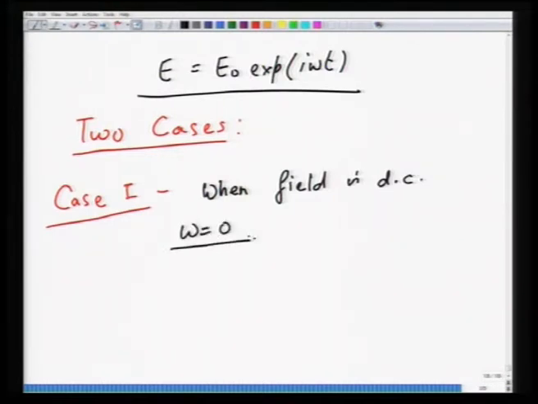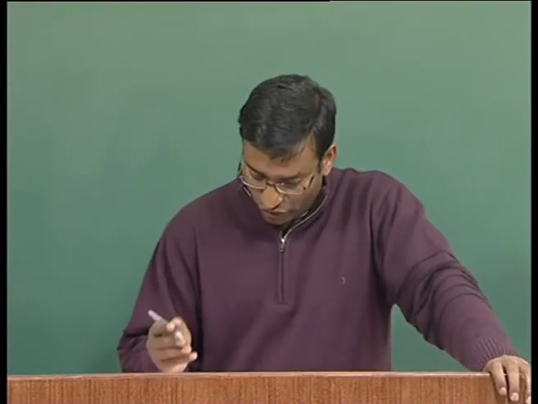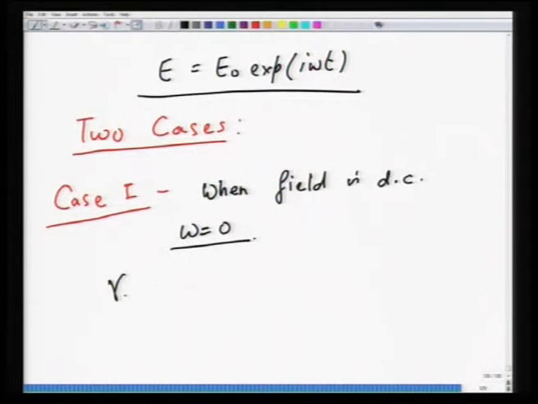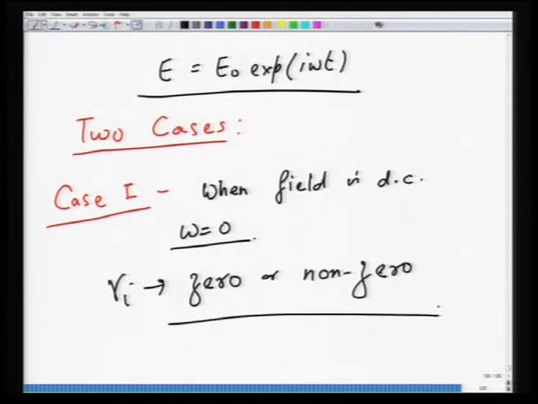If omega is equal to 0, then when you apply the field and when you remove the field, because of the spring restoring force, it comes back, and the oscillations slowly die off. If the friction is 0, there will be no damping of oscillation. So, depending upon the magnitude of gamma, whether it is 0 or non-zero, you will have oscillations which are damped or not damped.